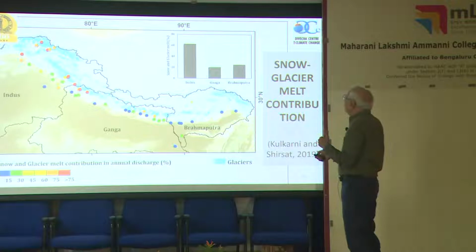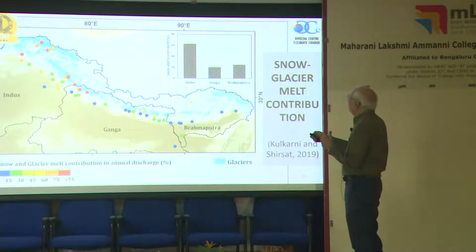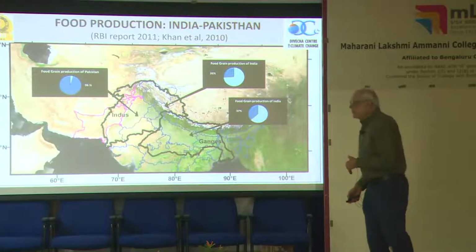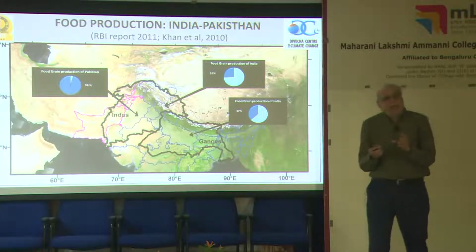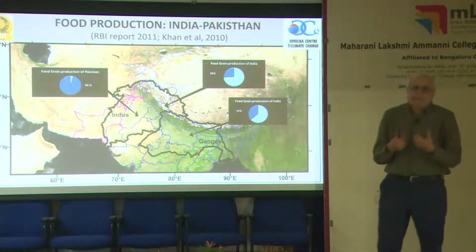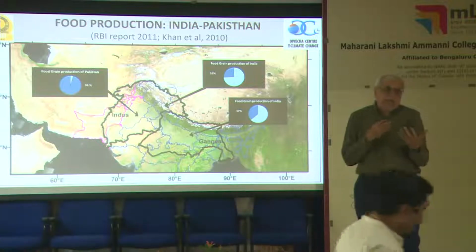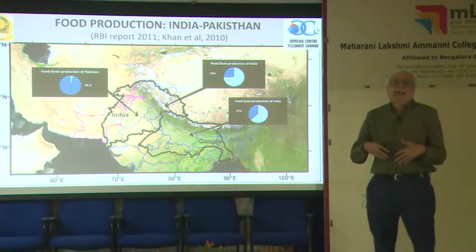Overall, you can say the Indus basin has slightly above 60%, around 70%, from snow and glacier melt. Ganga has around 20% and around 25% in the Brahmaputra basin. You can see that it's not only the amount of how much water is coming from snow and glacier, but how it is affecting the food